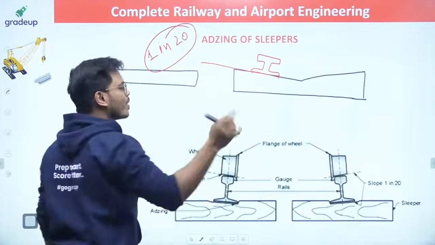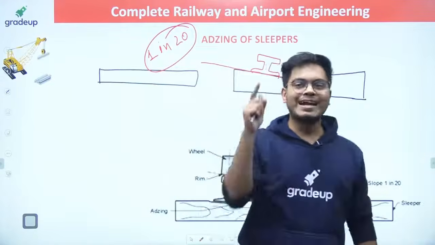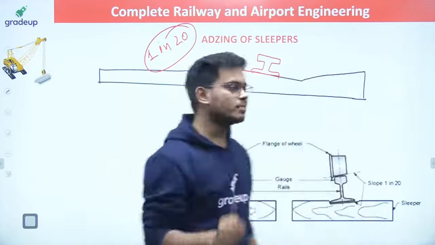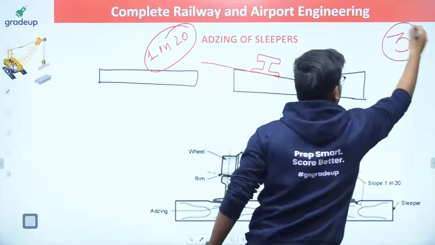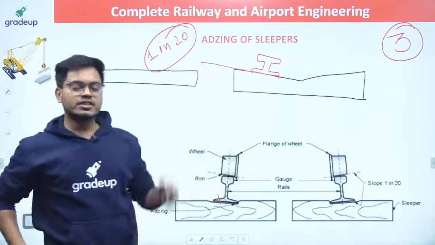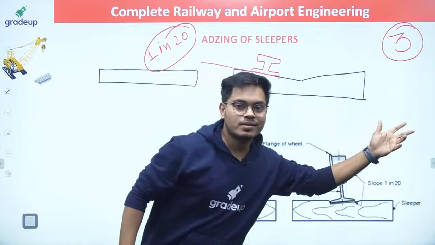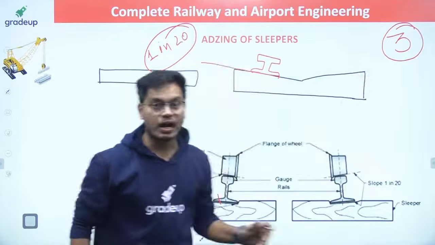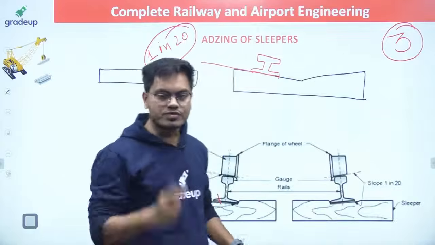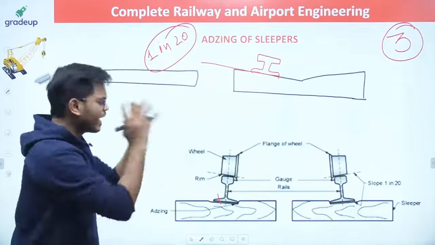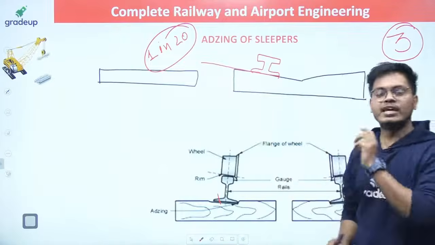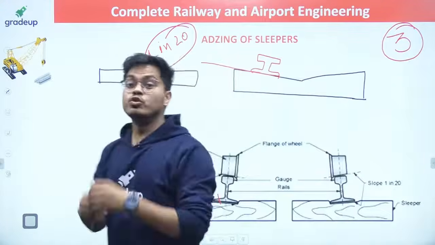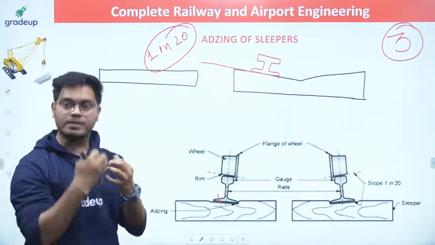One more mark added in your knowledge, and now we have covered a total of 3 marks for your railway in your GATE examination. I will mention the marks here. Don't worry. After this concept, they will increase by 2 marks after every concept, because the concepts which are going to come are very important. Anybody have any doubt in this small concept, please let me know, guys.